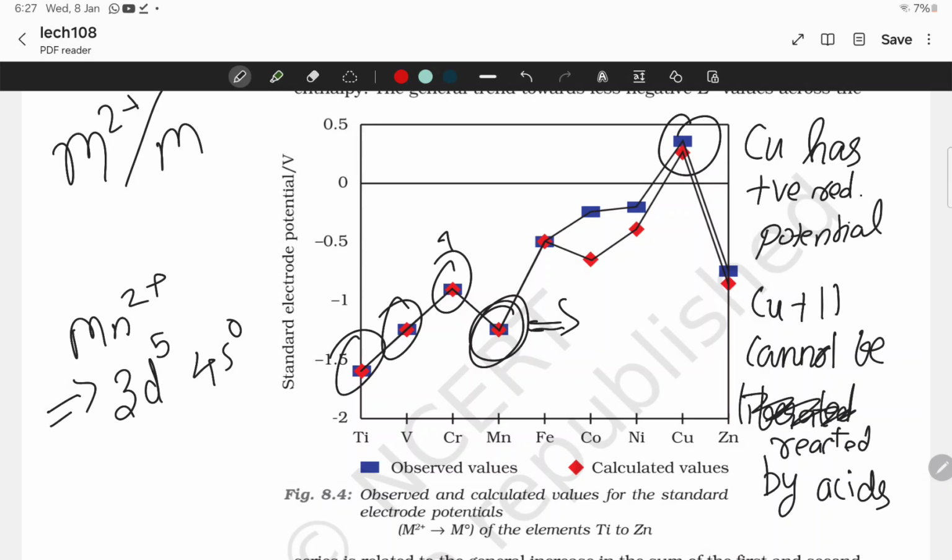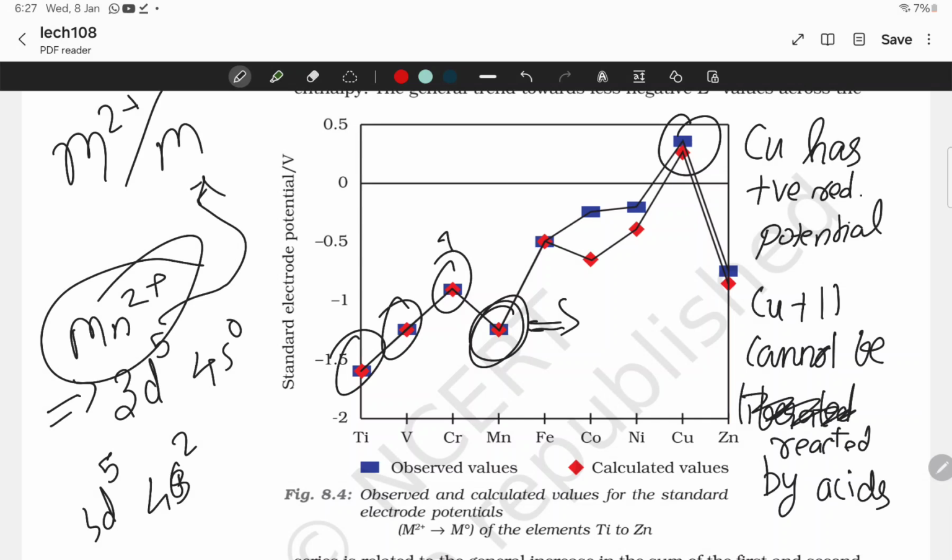So this is having half filled configuration. Mn is having 4s2 3d5. Both are stable, but already stable state will transform into another state which is stable, but will it transform? Does it want to transform to that state? No, it's unnecessary to transform to that state. Therefore, its reduction potential is low. It wants to stay in the state that it is now. Okay, yes. Now this thing is observed,